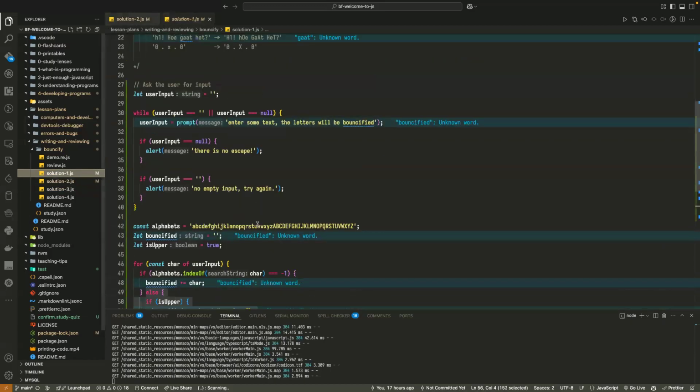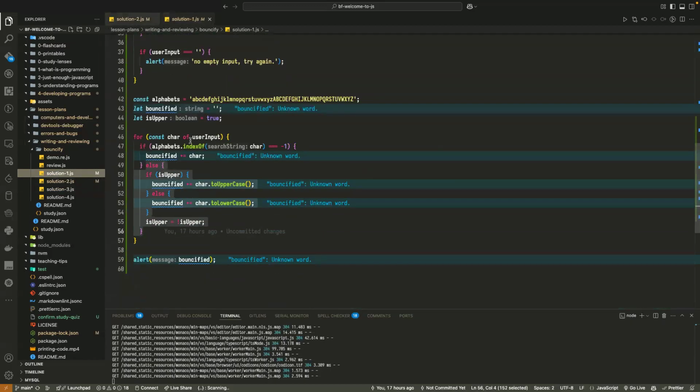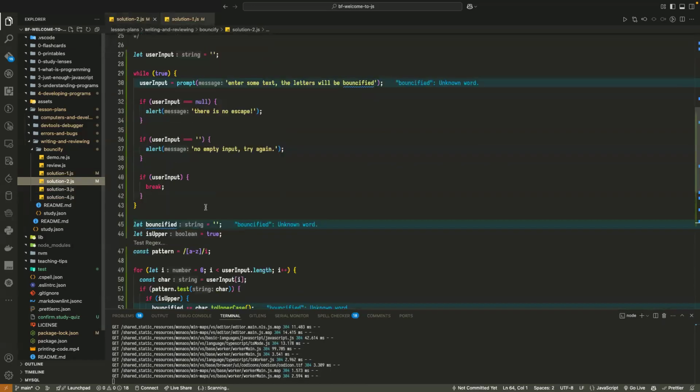Okay. Solution 1, what did I do here? Well, I used a for-of loop. In solution 2, I used